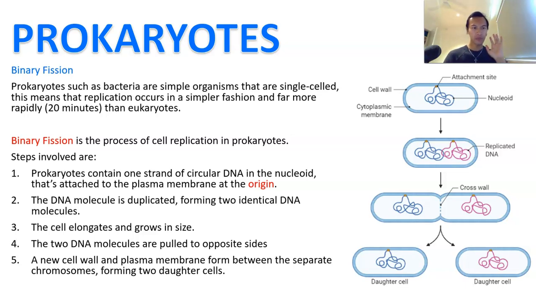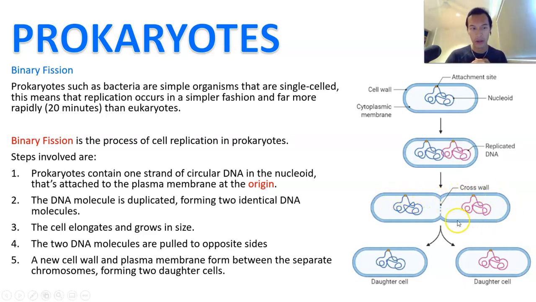And so what it looks like is that the prokaryote contains one strand of circular DNA, which is called a plasmid, and it is found in the nucleoid region, and that's going to be attached to the plasma membrane via the origin. So there's the attachment site, there's the nucleoid, and then what happens is the DNA molecule here is going to be replicated first, giving you 2 identical DNA molecules within the one bacterial cell, and then the cell is going to elongate